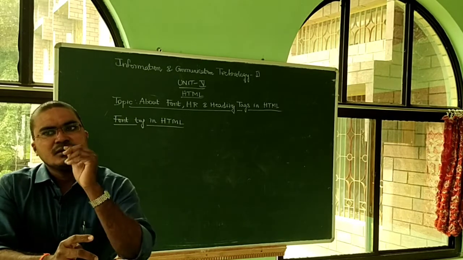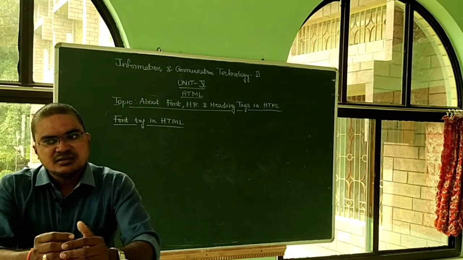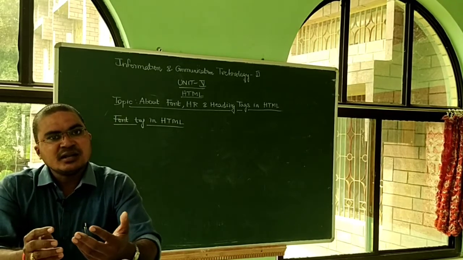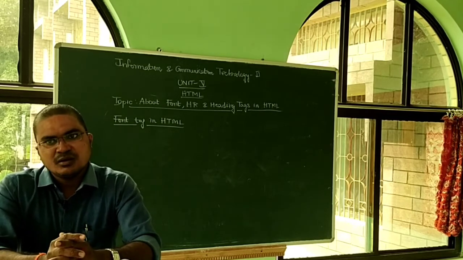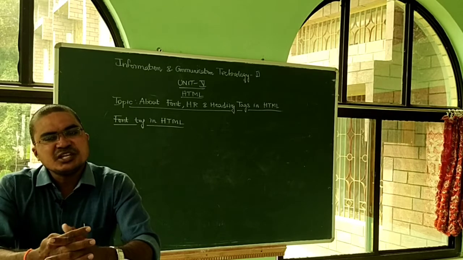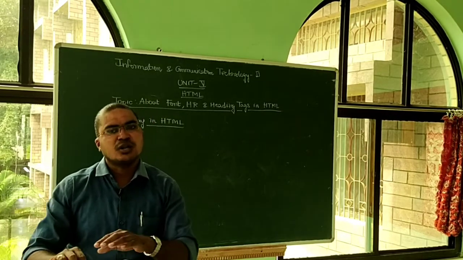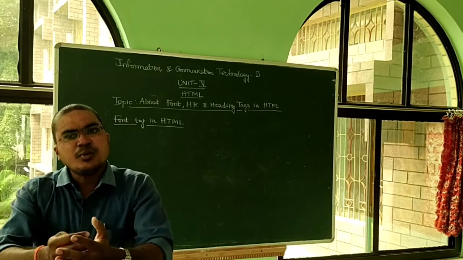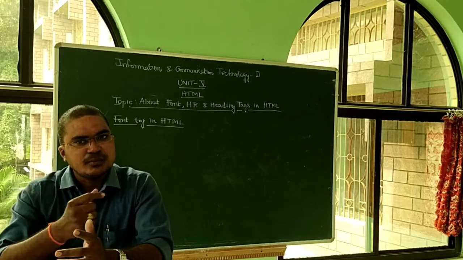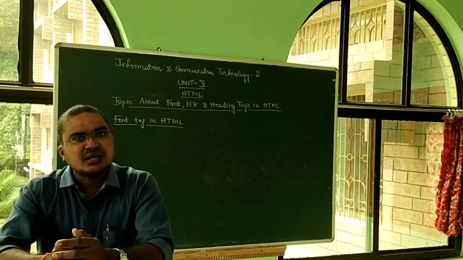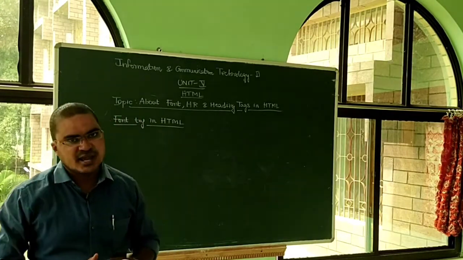But sometimes when you visit some popular sites, the site's background color is changed and the corresponding text color is also changed. How is it possible to change these colors, like the background or the foreground, the text color? So let us discuss how to change the color in programming. That's why we use the font tag.